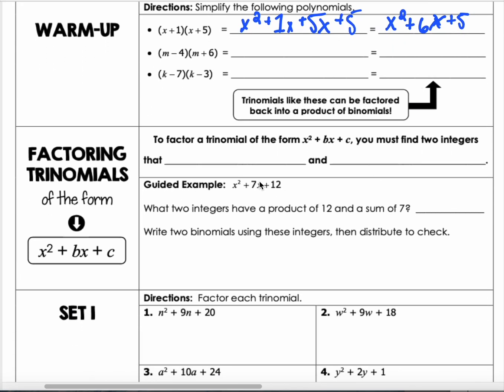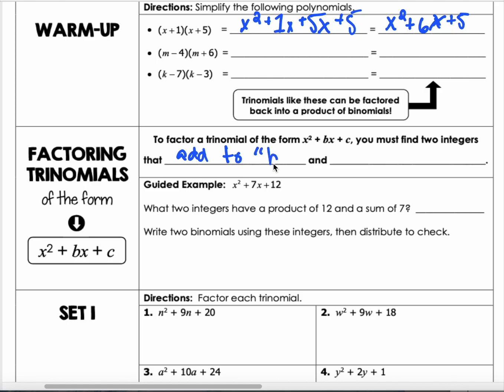So what you need to remember is to factor a trinomial of the form that we see right here. It's x squared plus bx plus c. So if this would be our x squared, this 6 would be our b, and then this 5 would be our c, for example. So what we're going to do is find two integers that